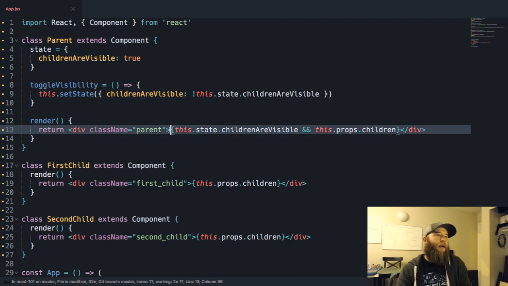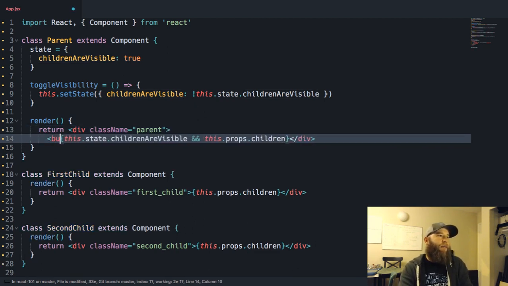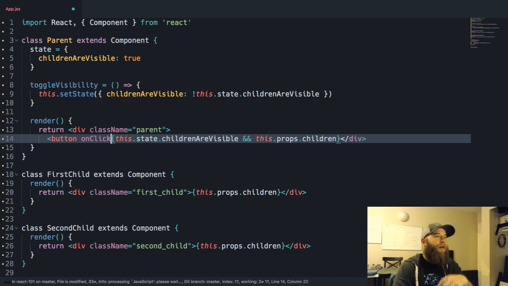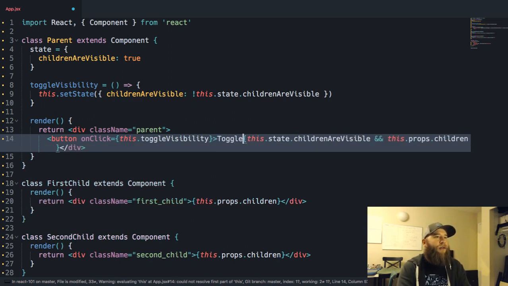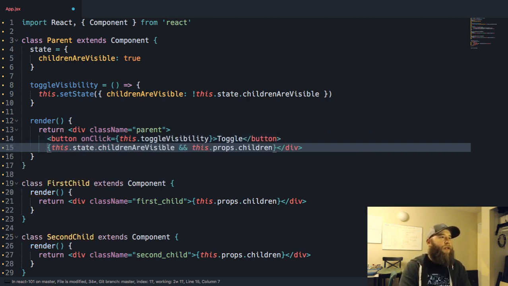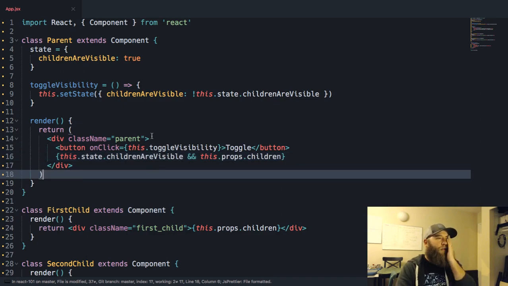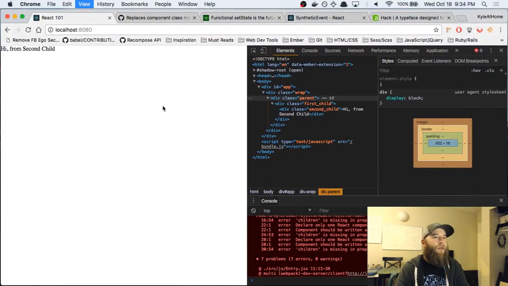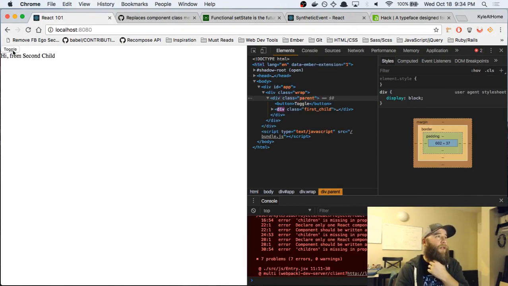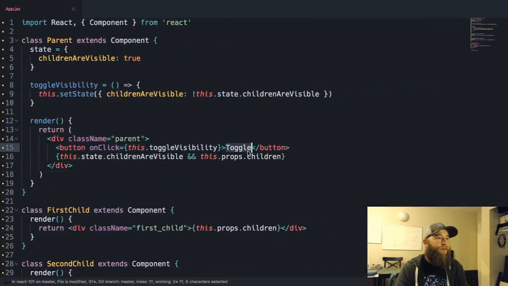it's true or not. Let's also add a button on this one to toggle visibility, and then we'll make a button in a child to do it too. So this dot toggle visibility, toggle, and yeah, that should be good. There we go. So we should see a button, and just so it's already working, okay, we see that it's working from the parent,